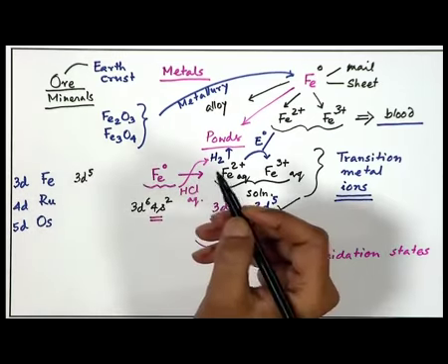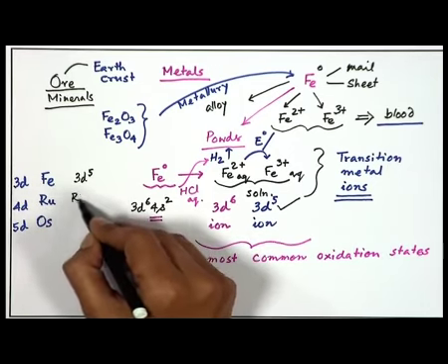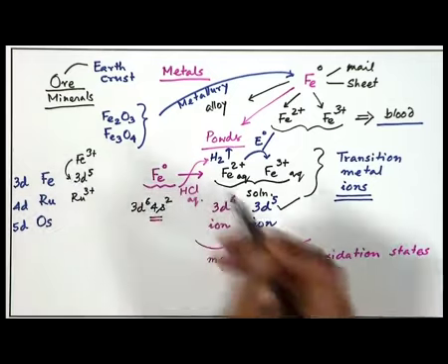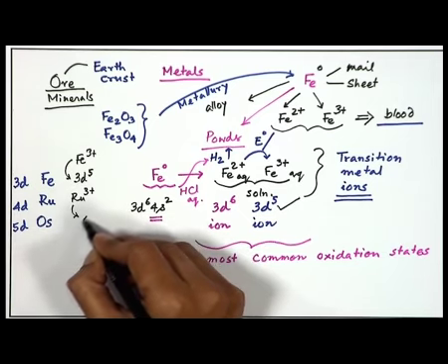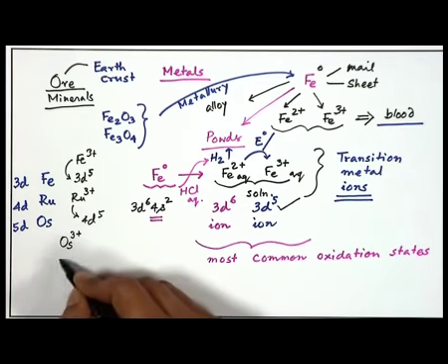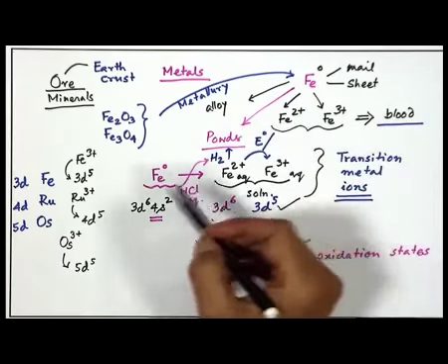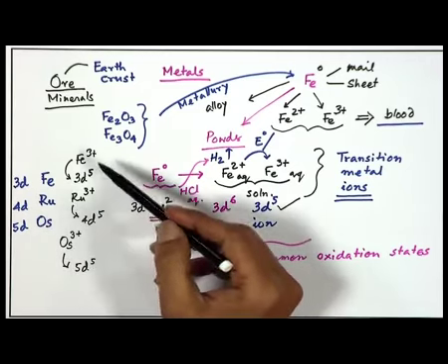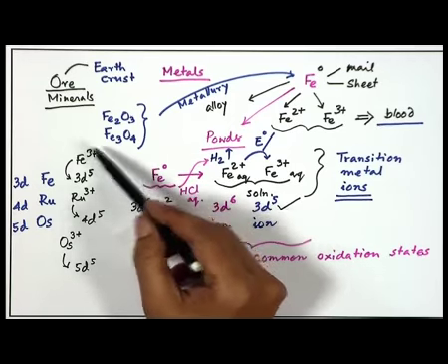Without bothering much about ruthenium, ruthenium 3 plus will also be 4d5, just as iron 3 plus is 3d5. Similarly, osmium can go to osmium 3 plus, which will be 5d5. So, this is the advantage of knowing the periodicity of the elements, placing them in the periodic table, and how quickly we can understand the chemistry of these, because sometimes we can handle all these in